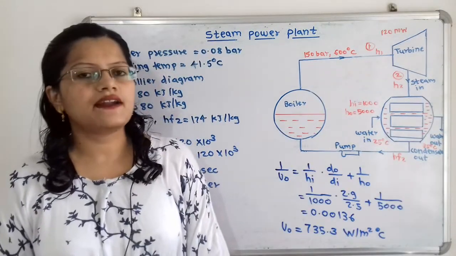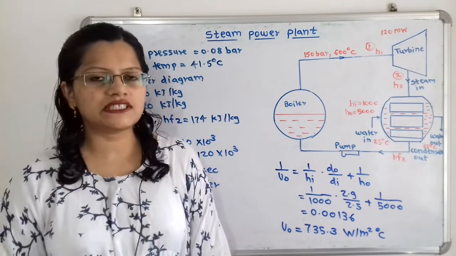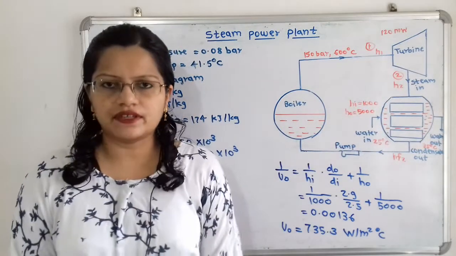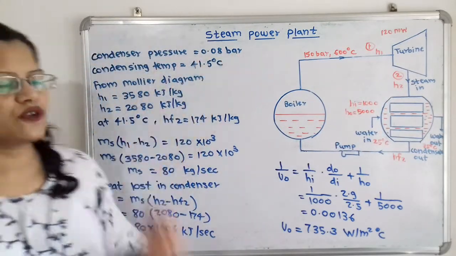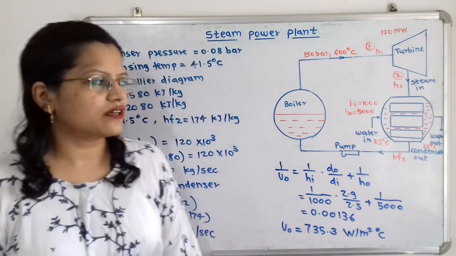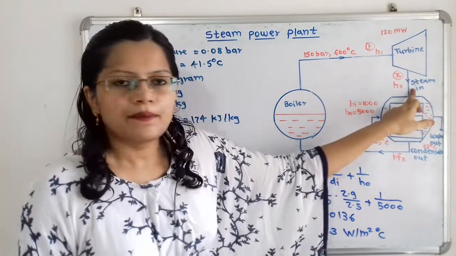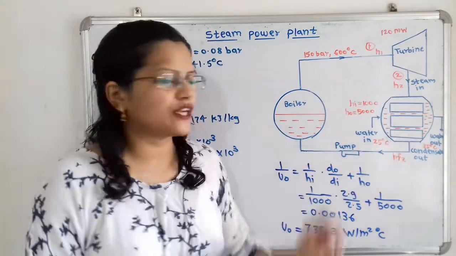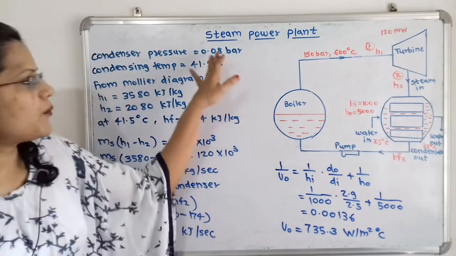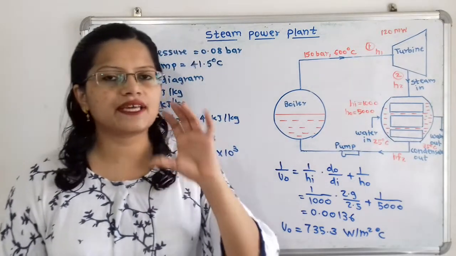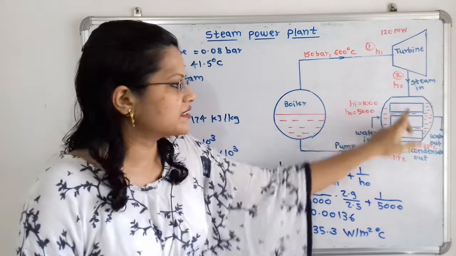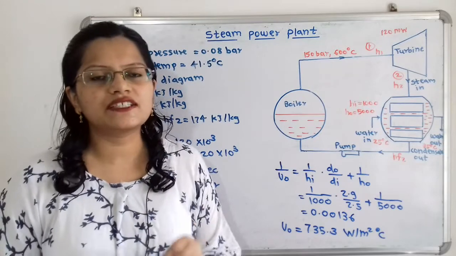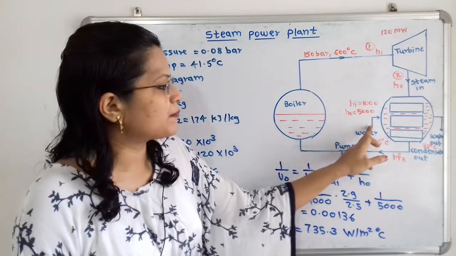Now we will understand how the condensation process is taking place. Here the condenser pressure is given, and that is equal to 0.08 bar. At this pressure, a steam plus water mixture enters the condenser and it is getting converted into saturated water. So at the 0.08 bar pressure, the temperature of the steam remains constant inside the condenser. Only there is the phase change, and during this phase change the heat is released which is absorbed by this